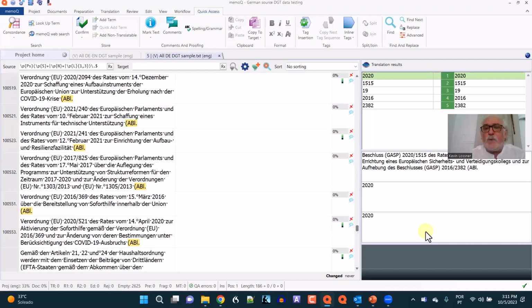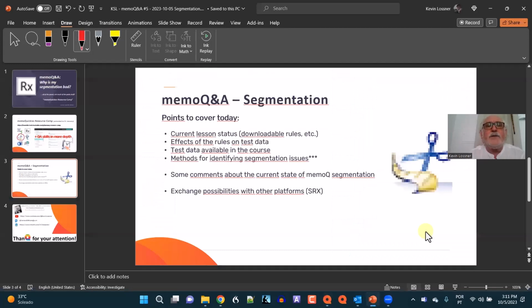Anyway, let me take one quick look back at my notes here and make sure I haven't left anything out. Okay. Current lesson status. We've seen what's there. Effects of the rules on test data. We looked at the comparison of German imported with two different sets of segmentation rules. Okay, we've seen the test data. It's there. Everybody can have it, whether you're in the course or not. And then the methods for